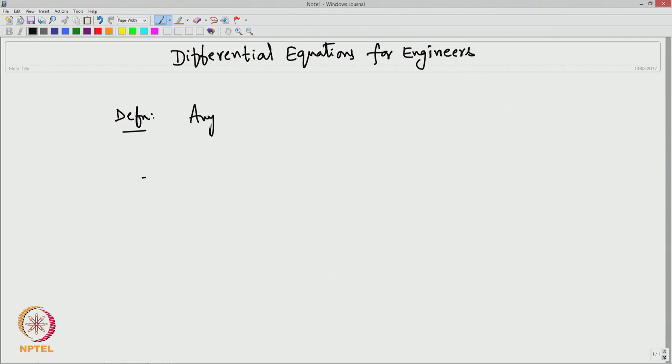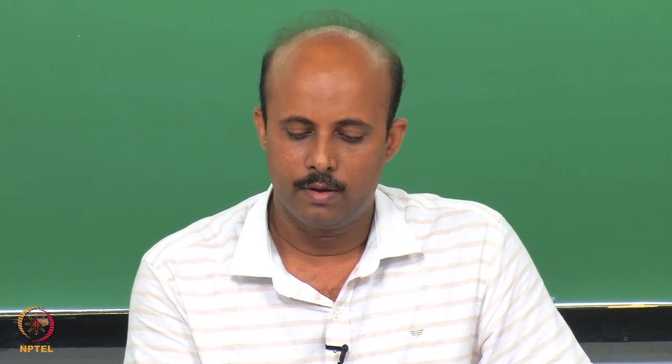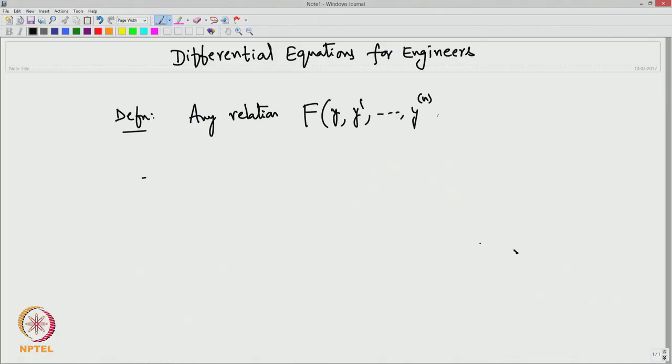Any relation capital F of these variables: the dependent variable y, y dash up to n derivatives. My notation is like this: y in the superscript, if I put a bracket, that means the derivative. Dash, this is dash. And now we have the independent variable x. So, if this is equal to 0, any relation,